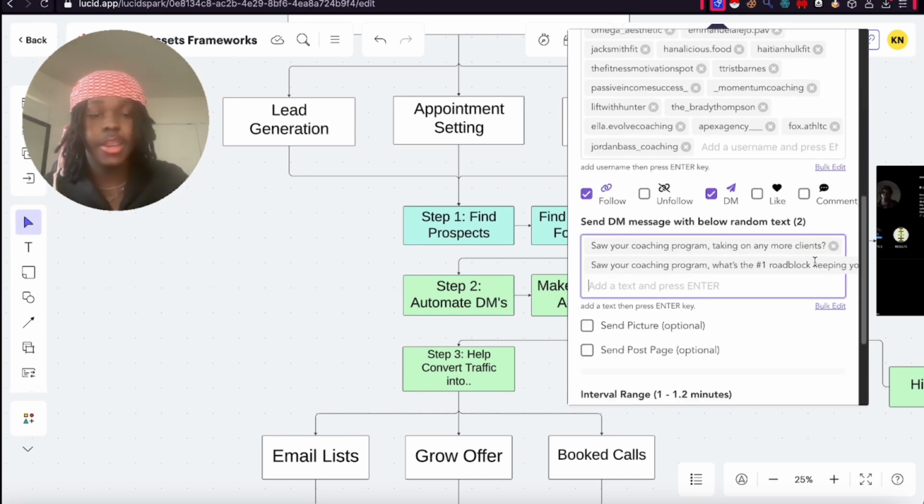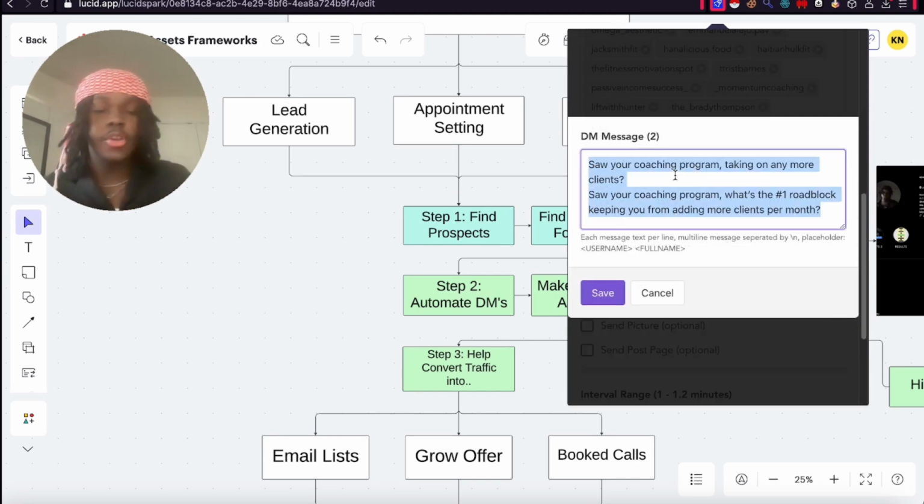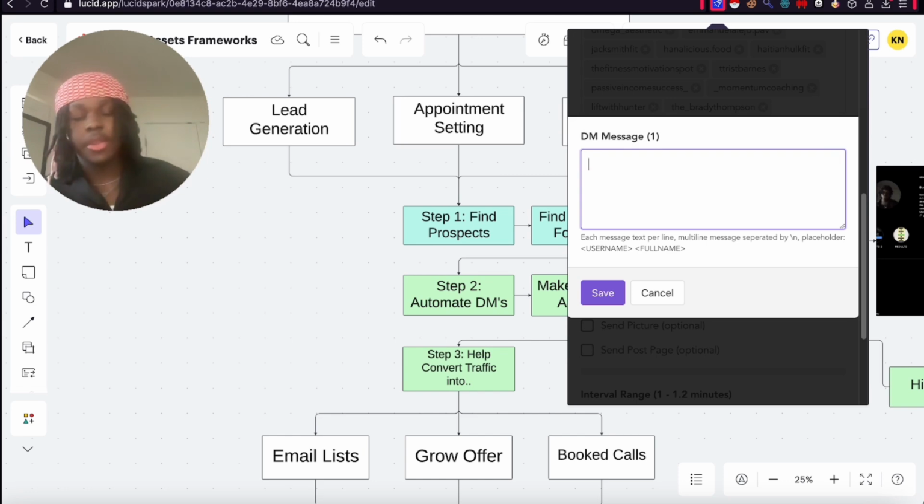And also right here, you can edit your message. When you're typing your message in here, make sure that you don't press any type of spaces, because all that does is just add on more messages. For instance, if I was to press hi, that's message one. If I was to press enter and I said hi again, those are two separate messages that it's going to